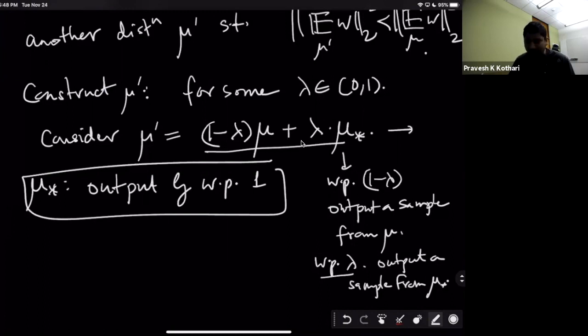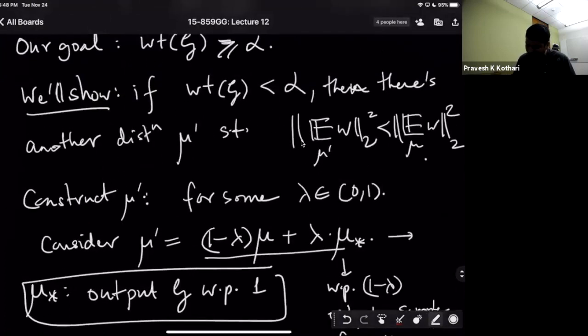And I'm going to prove to you that if it so happens that the weight of G under mu is strictly less than alpha, then by making lambda slightly non-zero, I can in fact decrease this L2 square norm. Now the thing to observe, all of this is, the argument itself at the end is very simple. If this is what you decide to do, the thing to wonder about, to see what's really happening, is that anything that we can check cannot use the knowledge of G.